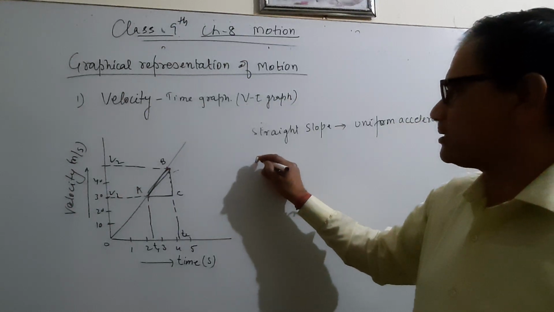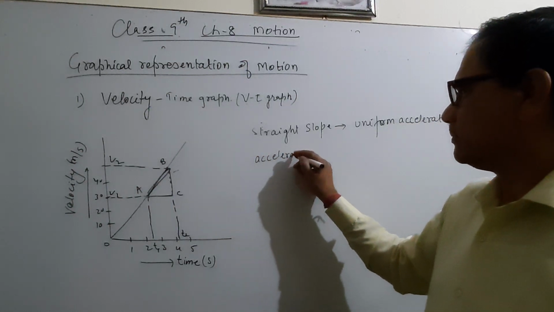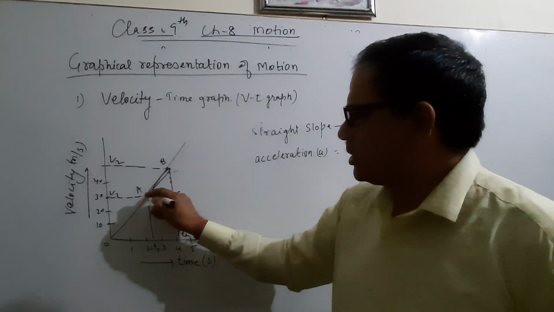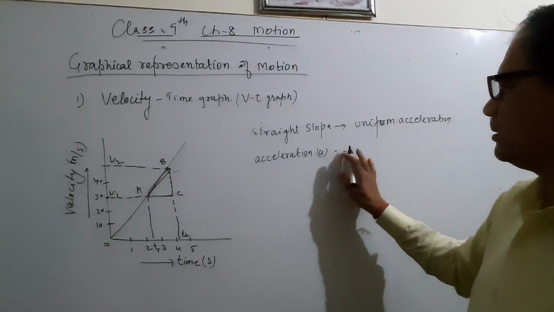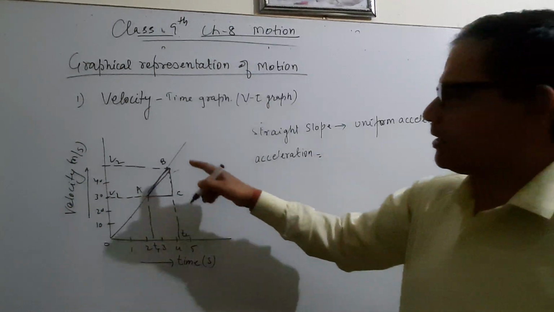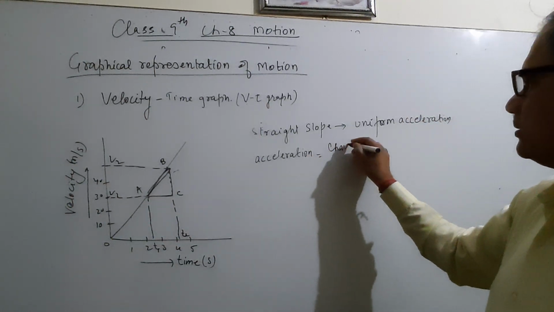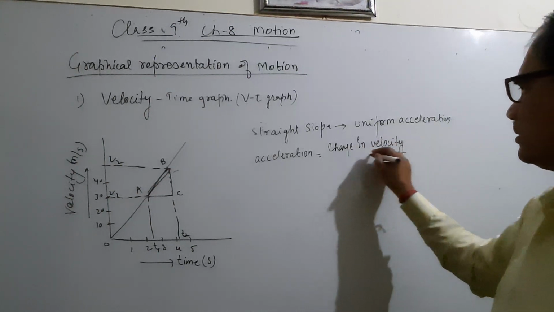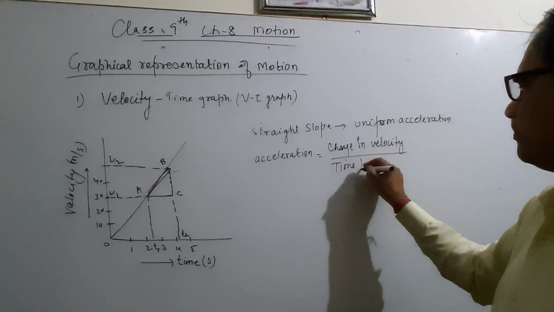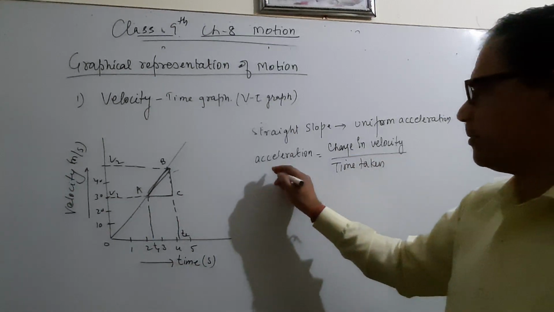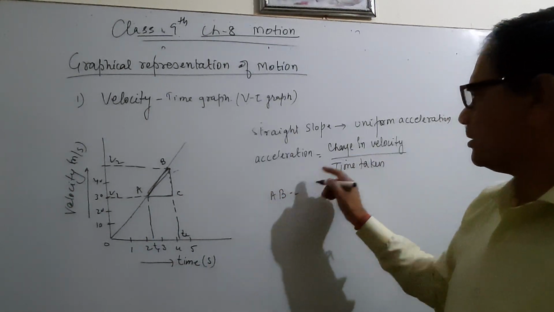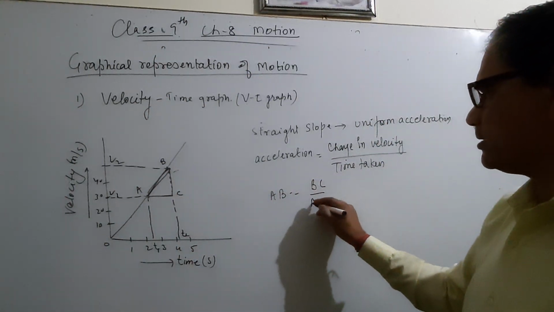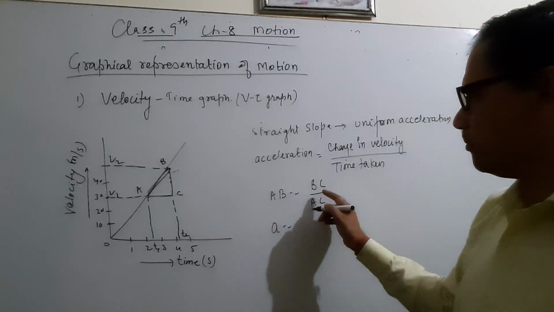It means acceleration A, this AB acceleration, is equal to change in velocity upon time taken. It means acceleration represents AB, change in velocity means BC upon AC,